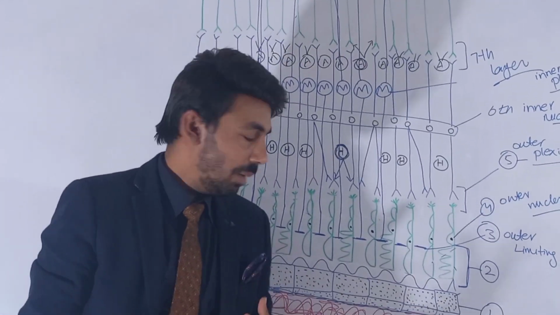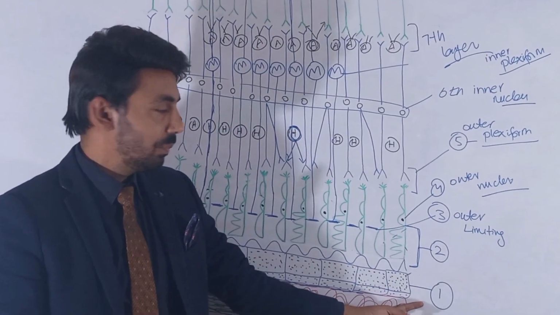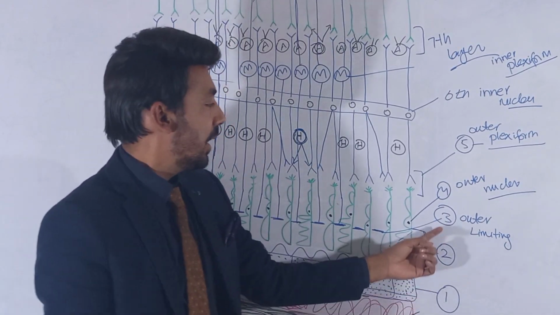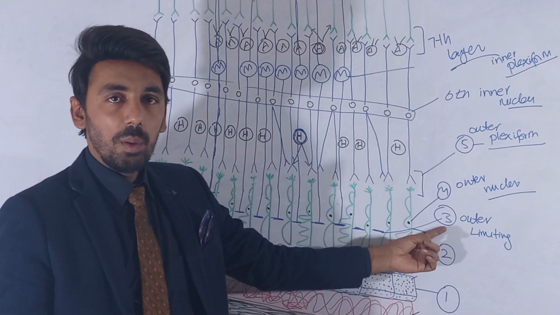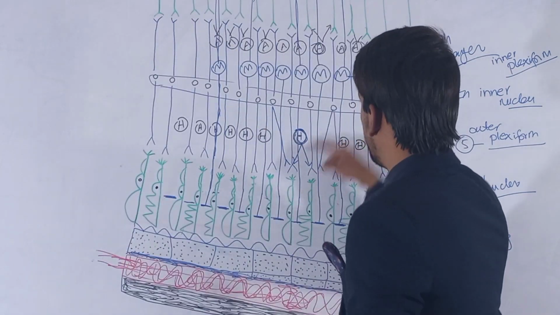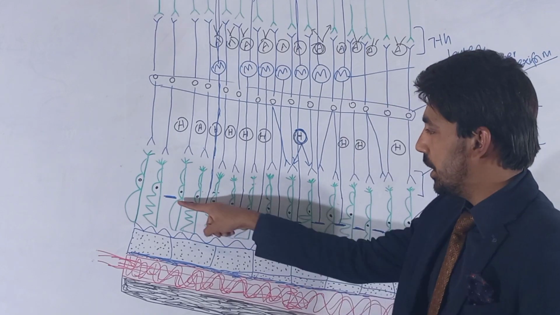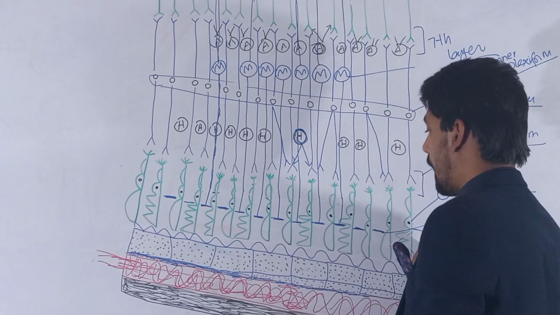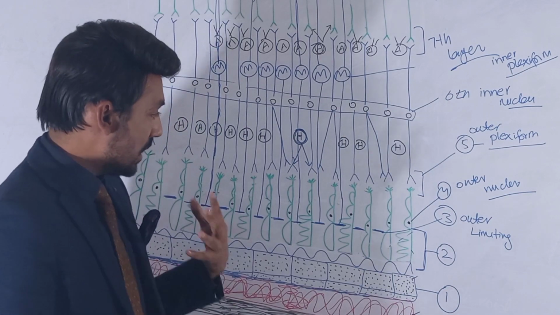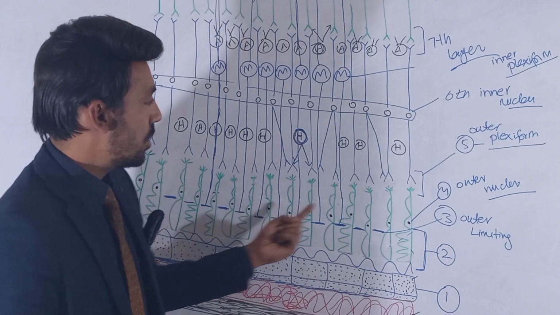I can repeat in a minute. The first layer of the retina is called the retinal pigmented epithelium, and the second layer is called the photoreceptor layer, the layer of the rods and the cones. The third layer is called the outer limiting membrane, which is forming due to the outer portion of the molar cells, this portion in the blue marker. The fourth one is called the outer nuclear layer, and these nuclei are of the photoreceptor cells.